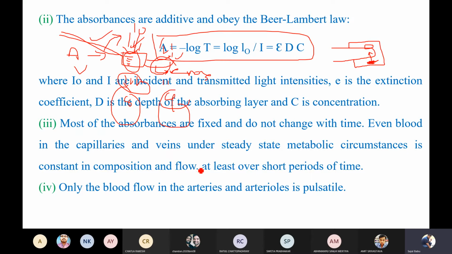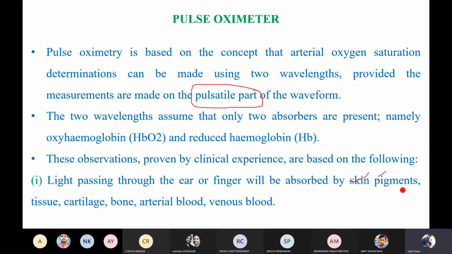And as I said, the other parts will be skin pigment. The skin pigment does not have any blood, so it is the same thing. Whatever light you give, some will be absorbed and the remaining level will come out, and it will be constant. Whenever you give that much light, you are going to get that much out. There will be no variation in the amount of light that you are receiving. A similar thing happens with the tissues, with the capillaries, and with the bones also.